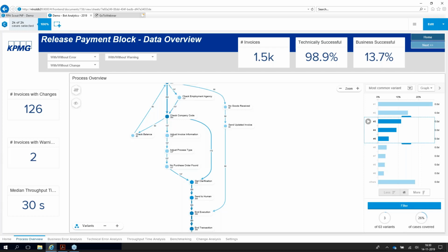Even though that is technically sound according to the script, sending the invoice to the human is not what we would want from a business perspective. This leads us to make a distinction between two measures of error and success: technically successful cases and business successful cases. An example of an unsuccessful business case, or a business error, was just shown here, but an example of a technically unsuccessful execution would be when the bot crashes and needs to reboot, which is not a normal step in the